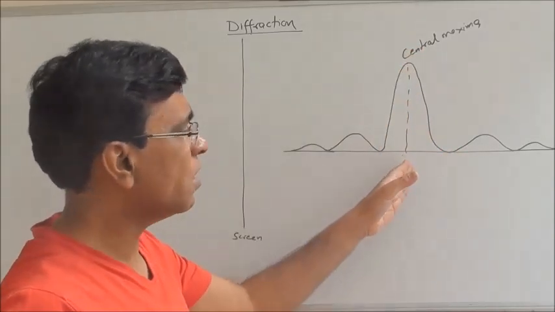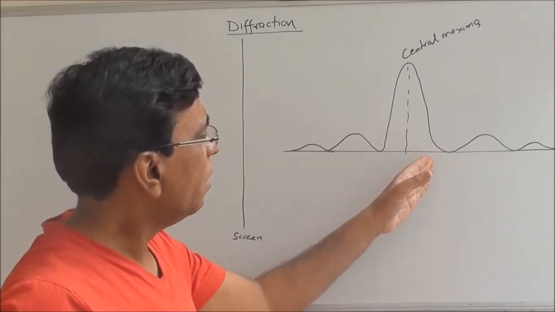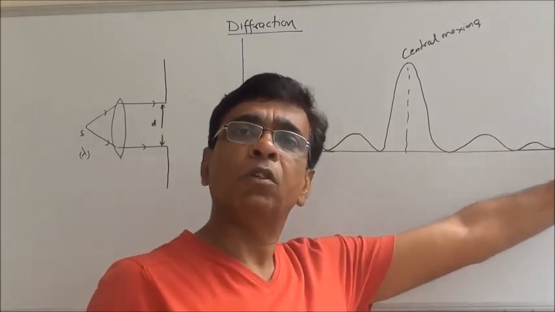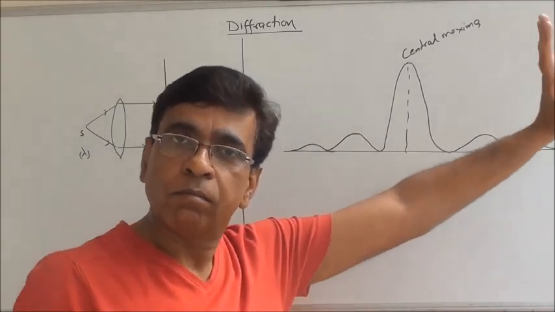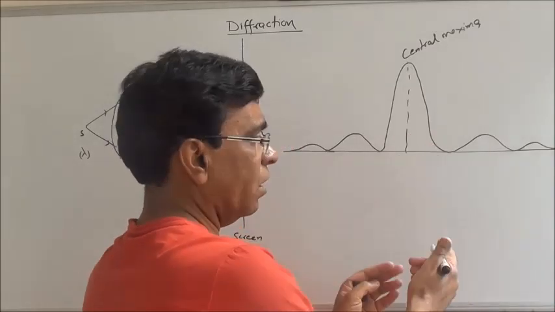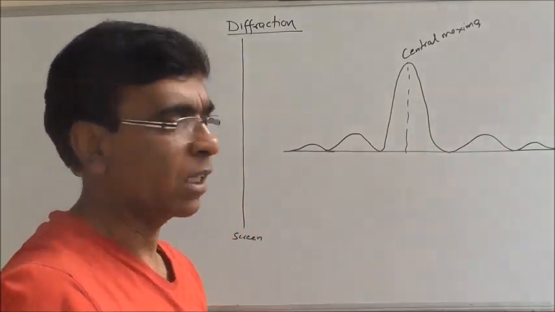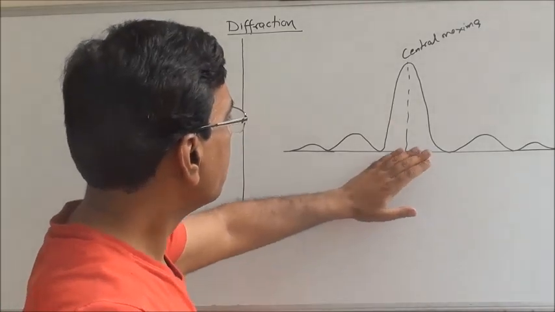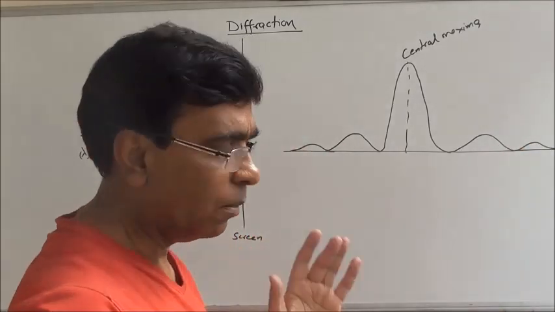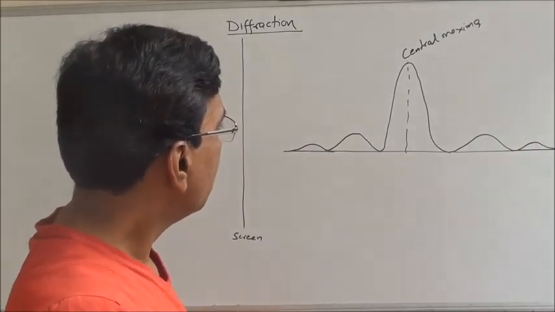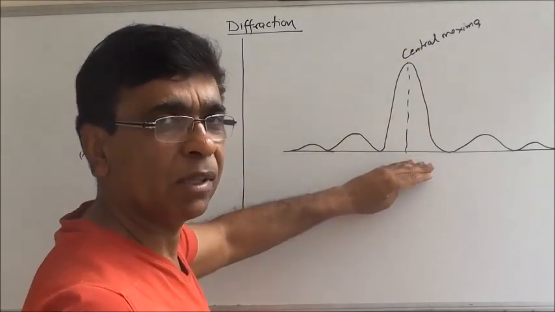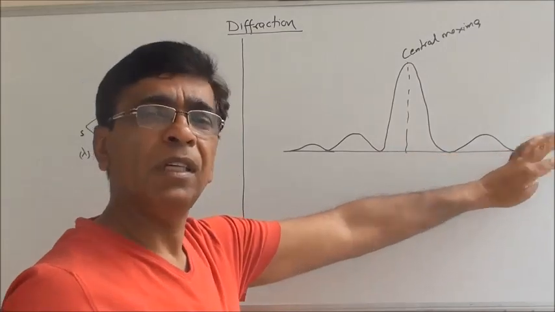So we have maximum intensity at the center, and then we have a number of maximas with decreasing intensity, and then we enter into the geometrical shadow region where we have no light. So between that shadow and the center, we have a number of maximas. This is the diffraction pattern. I can write the values of lambda, the path difference, that we will come to later. First, just see that the intensity is maxima at the center, and then it gradually decreases.